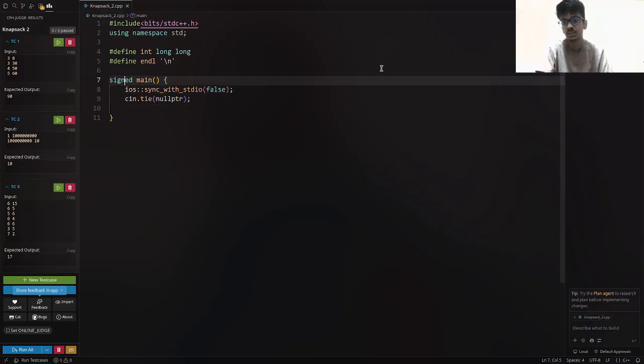Just some basic template setup. I hate writing long every time, and I hate writing LL also, so I usually replace this with long. And I have a habit of always writing NL, so just basic stuff. Okay,